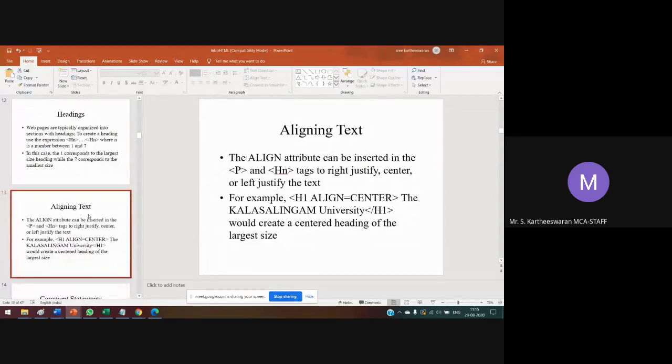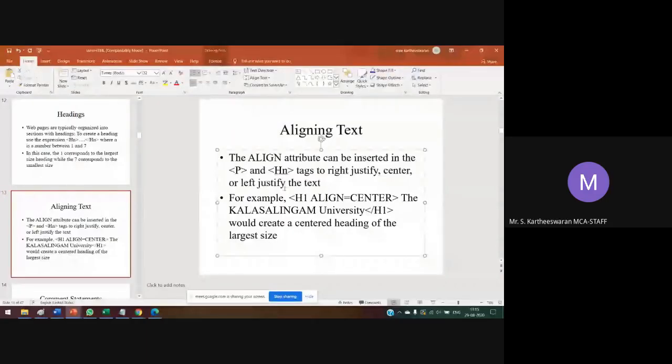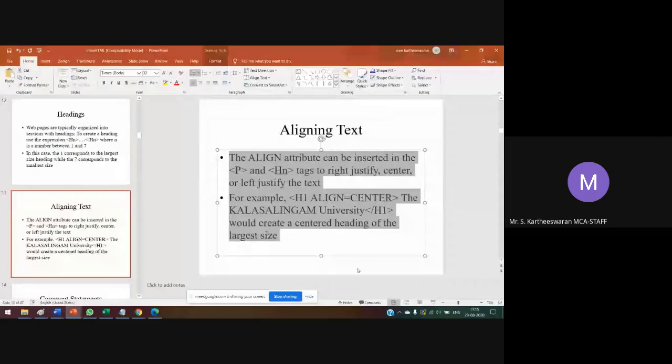How to align your text? If you are aligning your text, there are 4 kinds of alignment in a PowerPoint presentation. For example, here every text is aligned in left alignment format. We have 4 alignments: left, center, right, and justify.